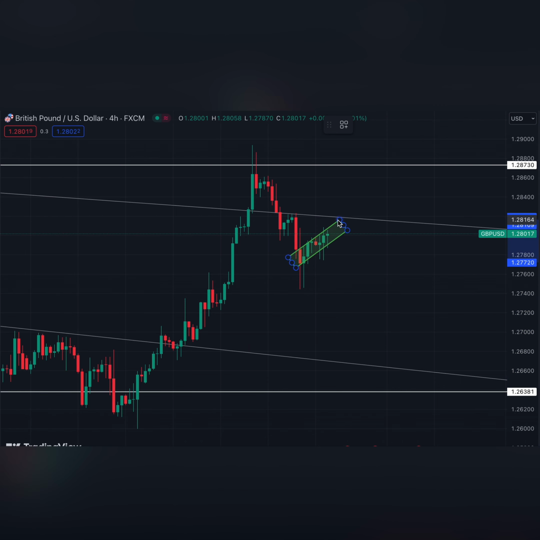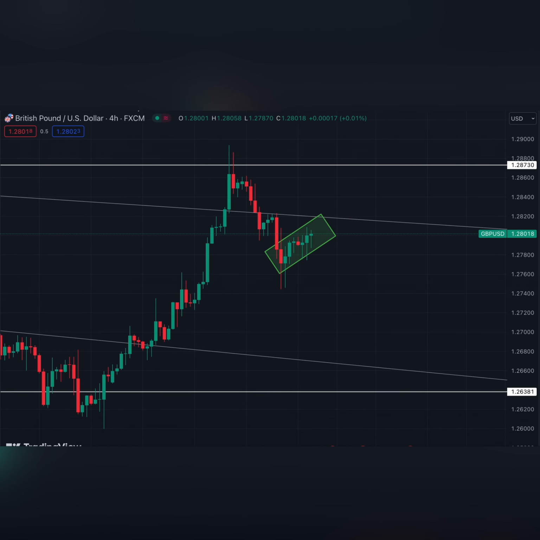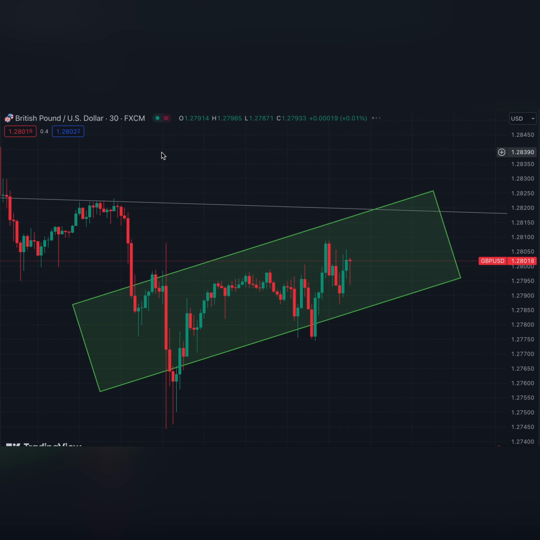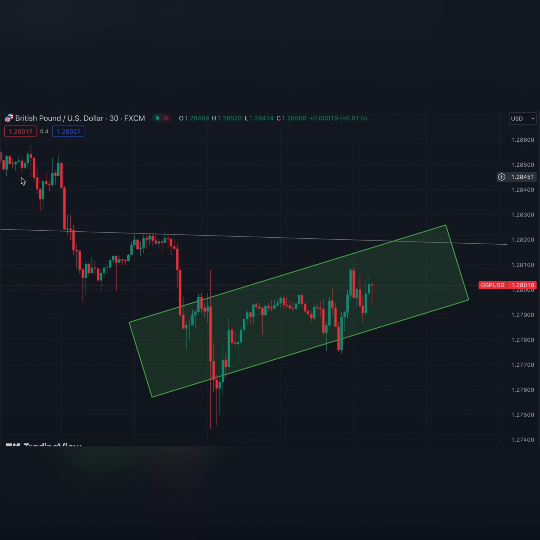This is a flag pattern. You can see this is a flag pattern. When I open the H1 candle and some M30 candle, you can see it more precisely. So if you want to enter here,